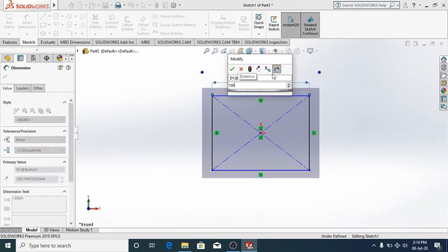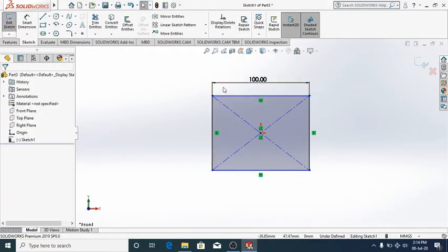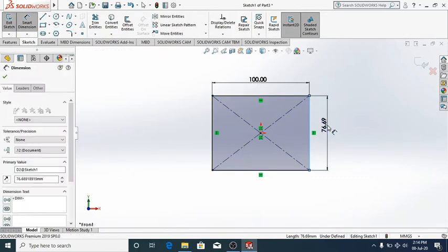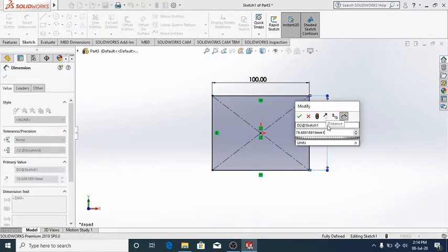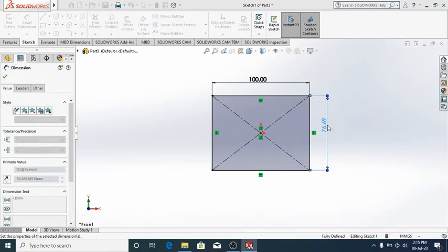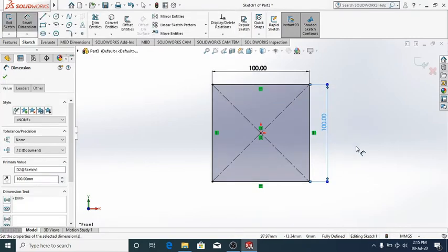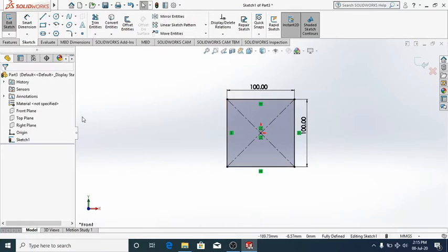Let me put it as 100 mm. Okay, so I have created a rectangle, I mean, a square, on the front plane.